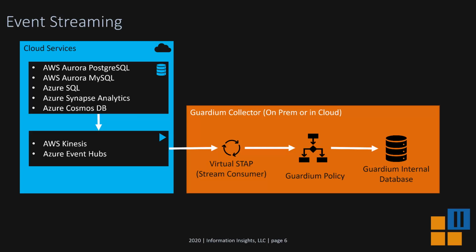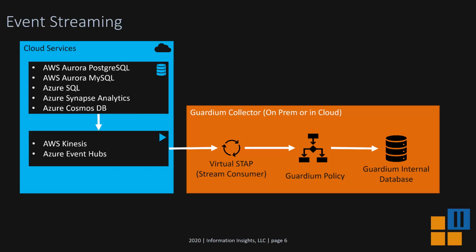So those services stream data, audit data, to an event streaming technology like AWS Kinesis or Azure Event Hubs. These things are kind of like Kafka, and then those services get consumed on Guardium in a Guardium collector called a virtual STAP. With a virtual STAP, it looks like an STAP in the STAP status area, but it's a streaming STAP. It's not installed on a database server anywhere. But so you have this virtual STAP, and then all the data, it parses it all and sends it to the sniffer,